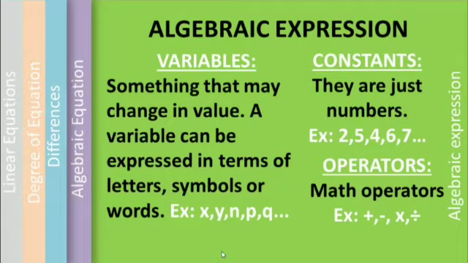So let's learn the first topic here, that is algebraic expression. An algebraic expression is a combination of variables, constants and a few mathematical operators that are performed on these variables and constants. Variables may be represented in the form of letters, symbols or words like x, y, p, q, r, right? What are constants? They are just numbers like 20, 15, 17, 19, 100 and so on. What are operators? Mathematical operators. They are used for addition, subtraction, multiplication and division. Quite simple, right?